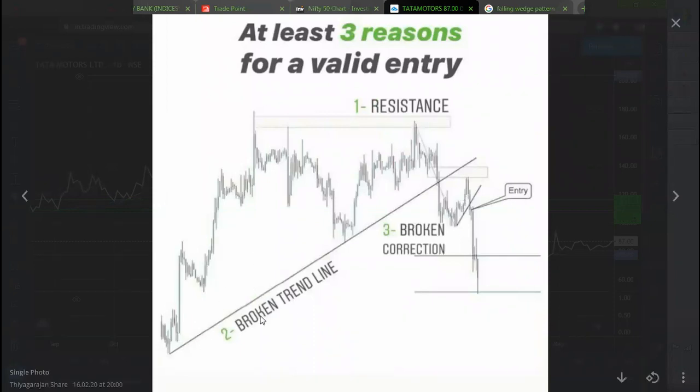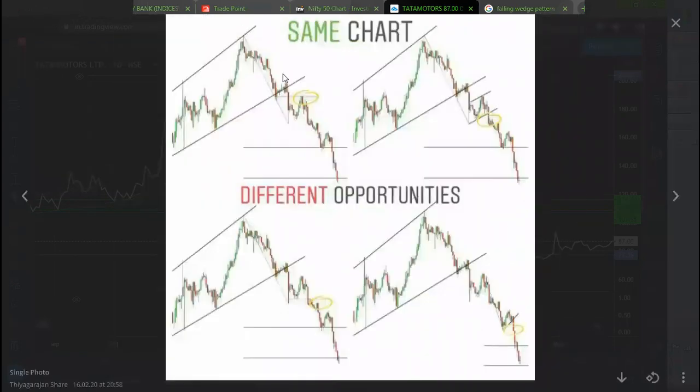This is the trend line. Resistance, it has got broken. Then it went for a retest, and then again it started breaking down. Okay, now see this. One same chart, but see how many different ways you can see. A channel, bro. In that channel, it has given a breakout. And then it went for a retest and started moving down. Correct, na?